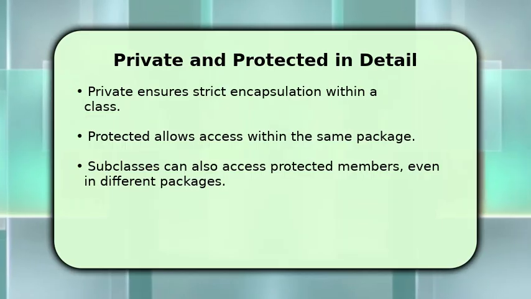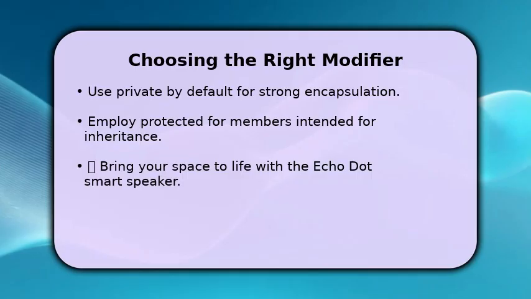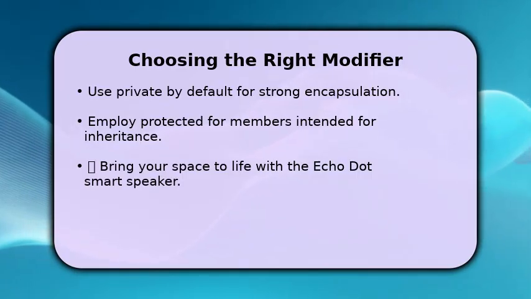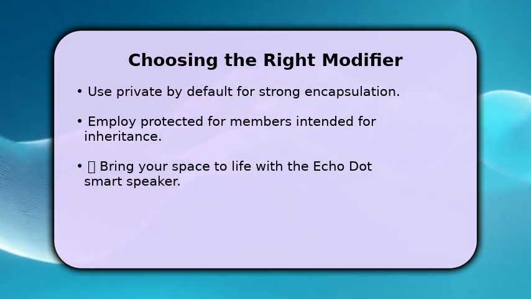level of control. When deciding which modifier to use, a good practice is to start with private for maximum encapsulation, then increase visibility only when necessary. Use protected when you intend for subclasses to extend or modify behavior, and public for the essential interface of your